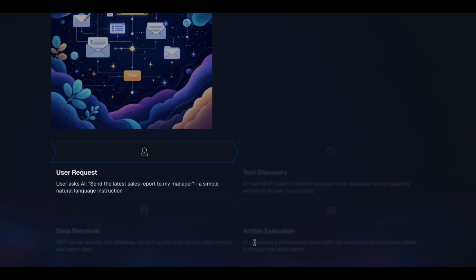For that, your AI LLM model has to have the sales data, which is particularly about your business. It also has to have the email ID of your manager, so that it can act on the instruction you have provided, right?